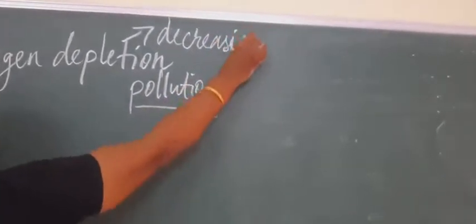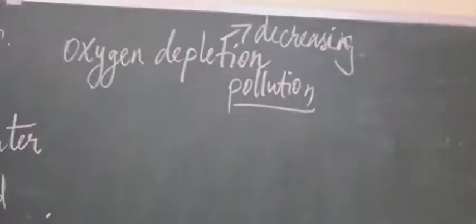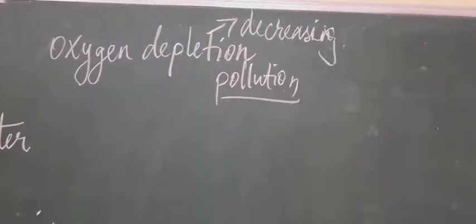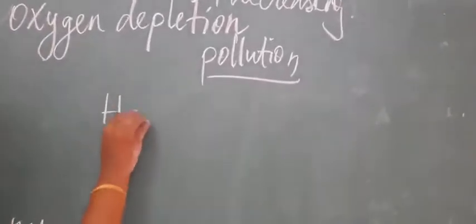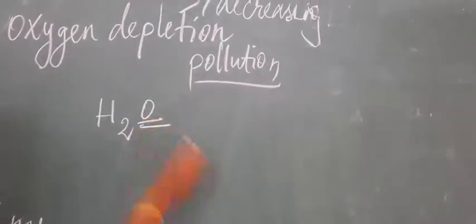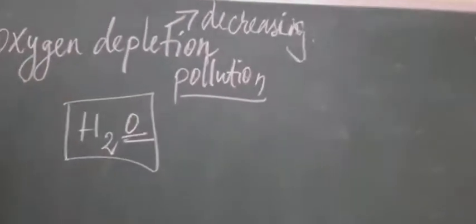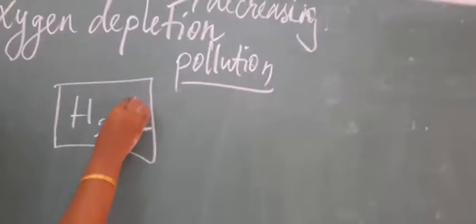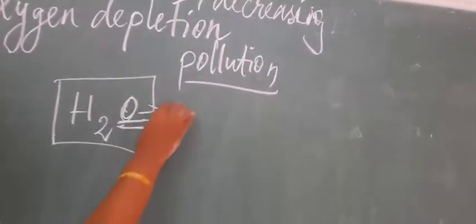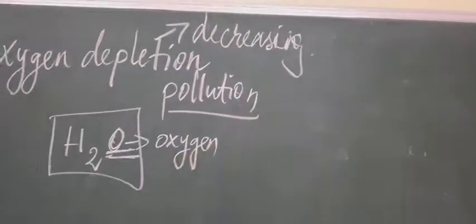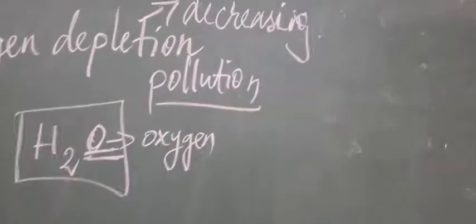Decreasing is called depletion. So, when the oxygen... we already know H2O means we have oxygen in the water, isn't it? The symbol of water we used to say H2O in chemical terms. This O refers to oxygen. When the oxygen level in the water decreases, diminishes,